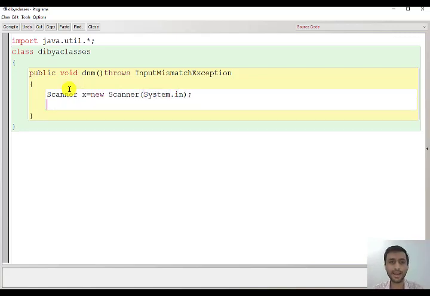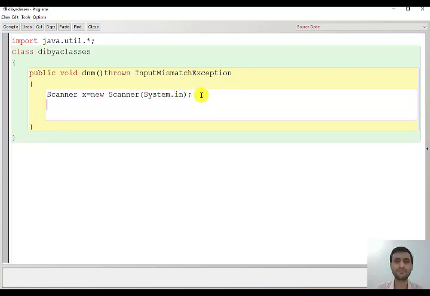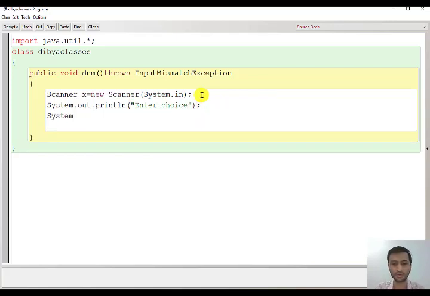Okay, and you have to write a print statement, the fourth important point. This was the first point, it is compulsory to write. The second point, this is also compulsory to write. The third line, this is also compulsory to write. And the fourth one is, before taking input, you have to write the print statement. So what input do you want from the user? First you have to ask for his choice. So we'll print System.out.println enter choice.